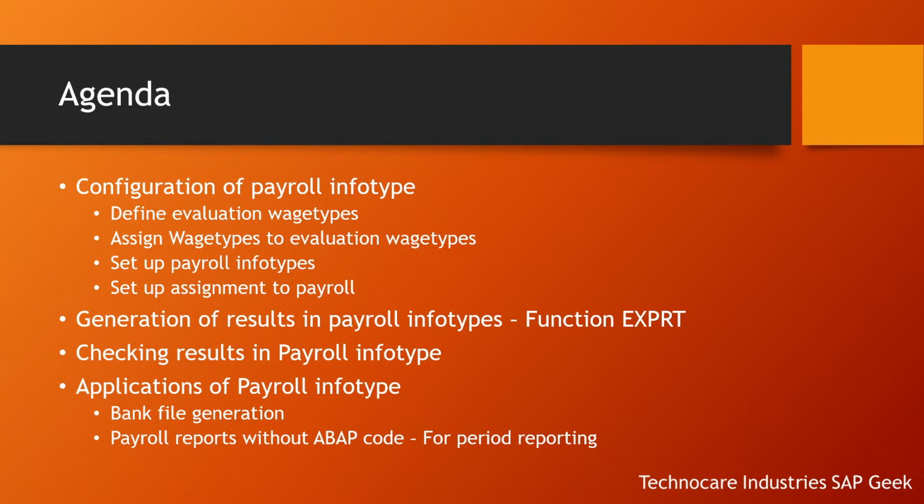But with this payroll infotype configured, we can simply join two tables in a SAP query or an ad hoc query and give reports directly from payroll results to the users. So it becomes very user friendly for us to design reports, and the logic for fetching reports becomes very easy, because the payroll results are directly available in the database table